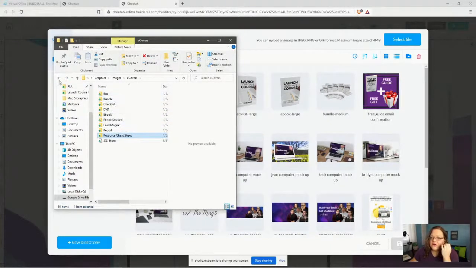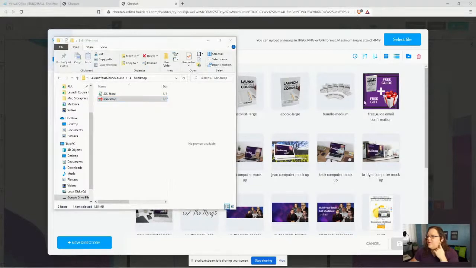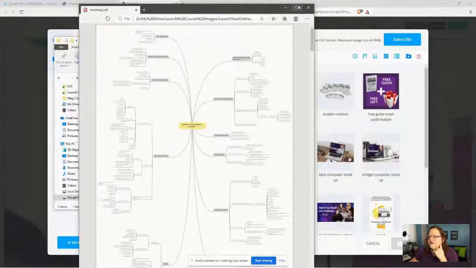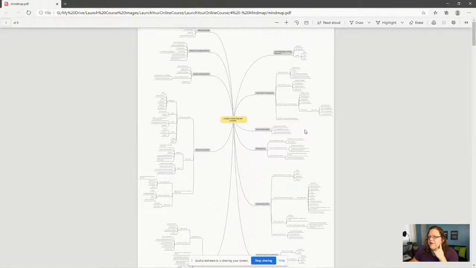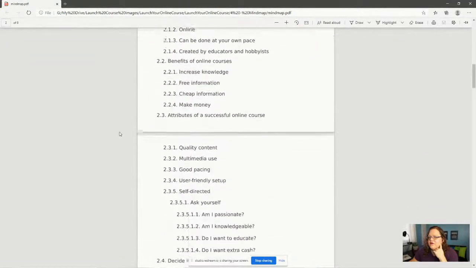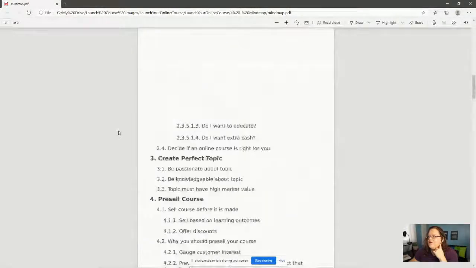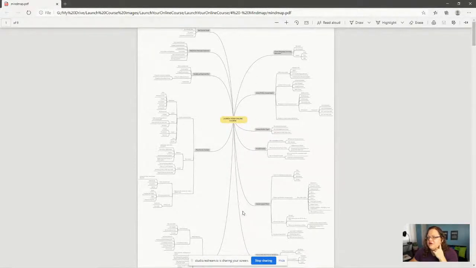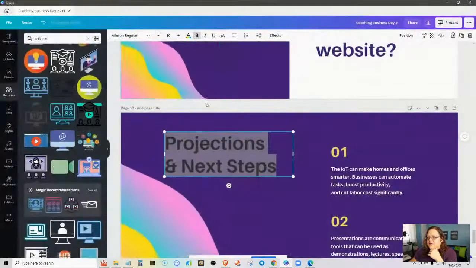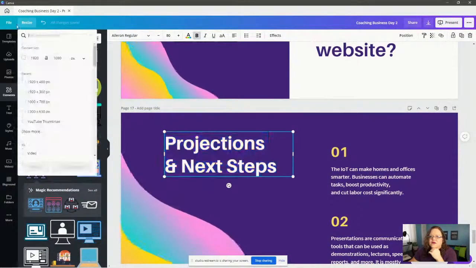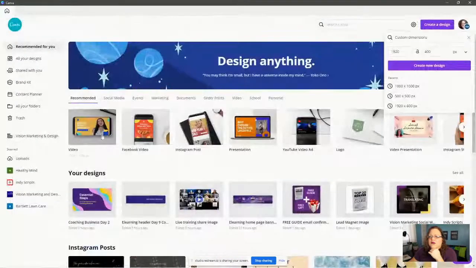All right, so let's go back and back again and back again. And let's go to the mind map. Let's just pull this baby up here. All right, so here is the actual mind map. Let's see. Oh, interesting. All right, so what we're going to do is, I wonder if I click Control C to copy, let's go to,